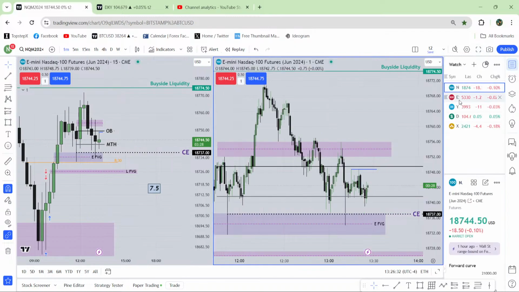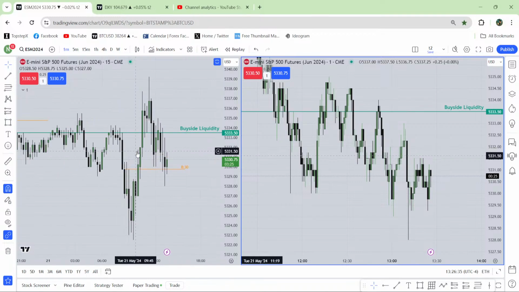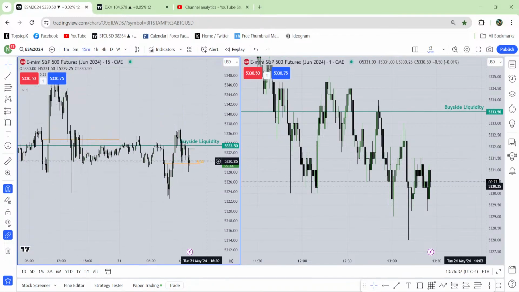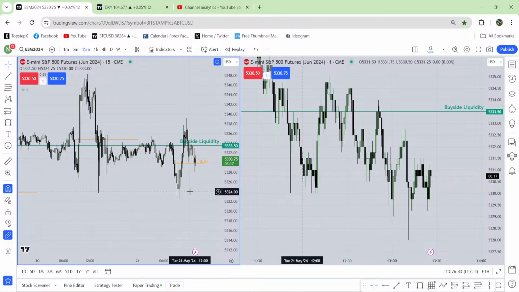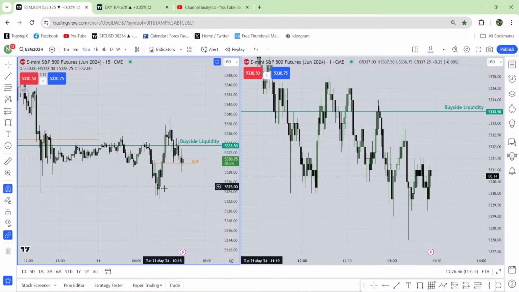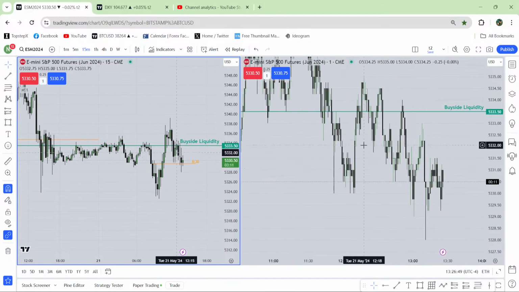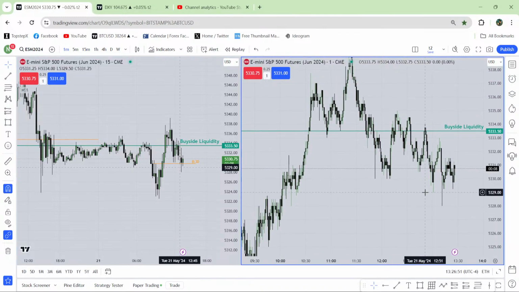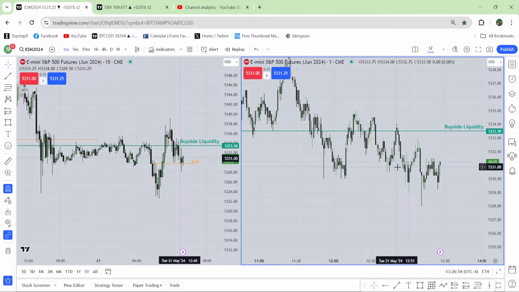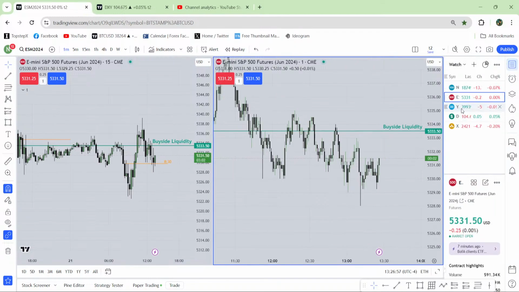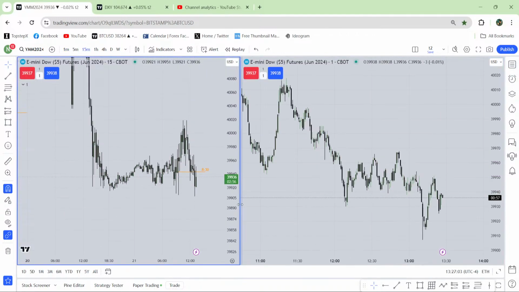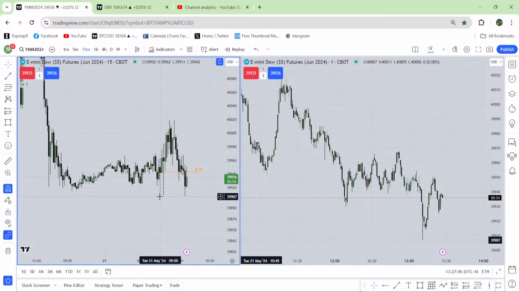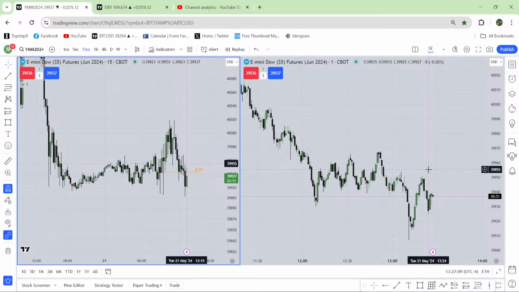Let me check what this guy is doing. He is in a very bad situation. This guy is also in a very bad situation. The mini S&P actually has even worse price action, a very bad price action. Okay, it went much lower, taken all of this liquidity. Perfect, a perfect time to go higher. I believe so.